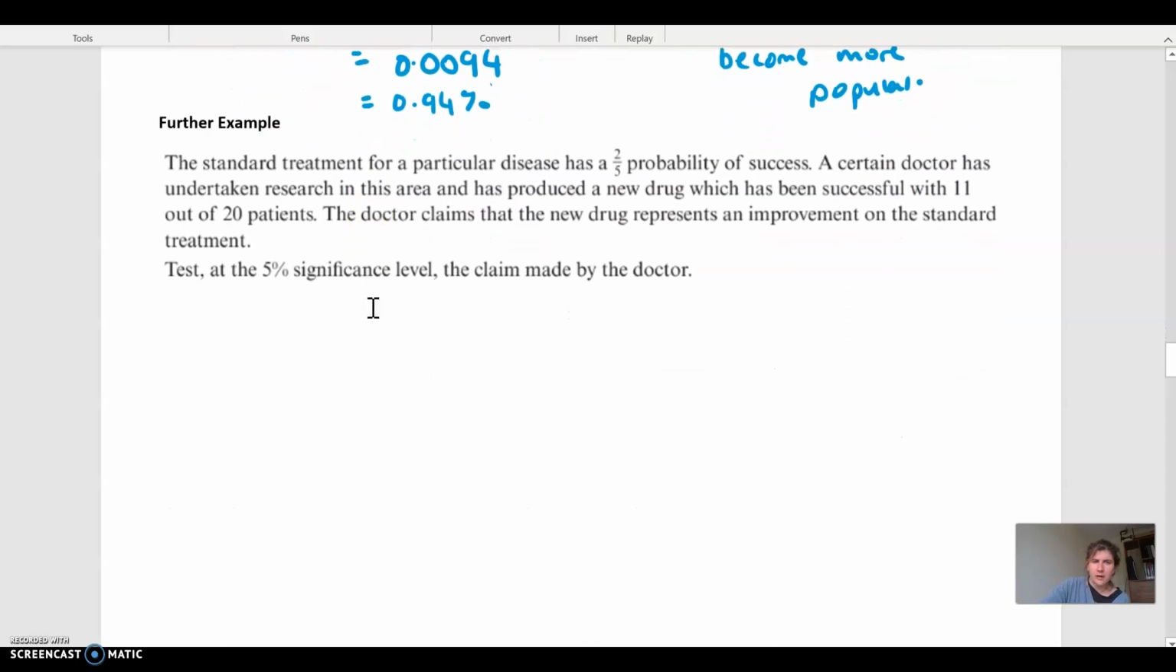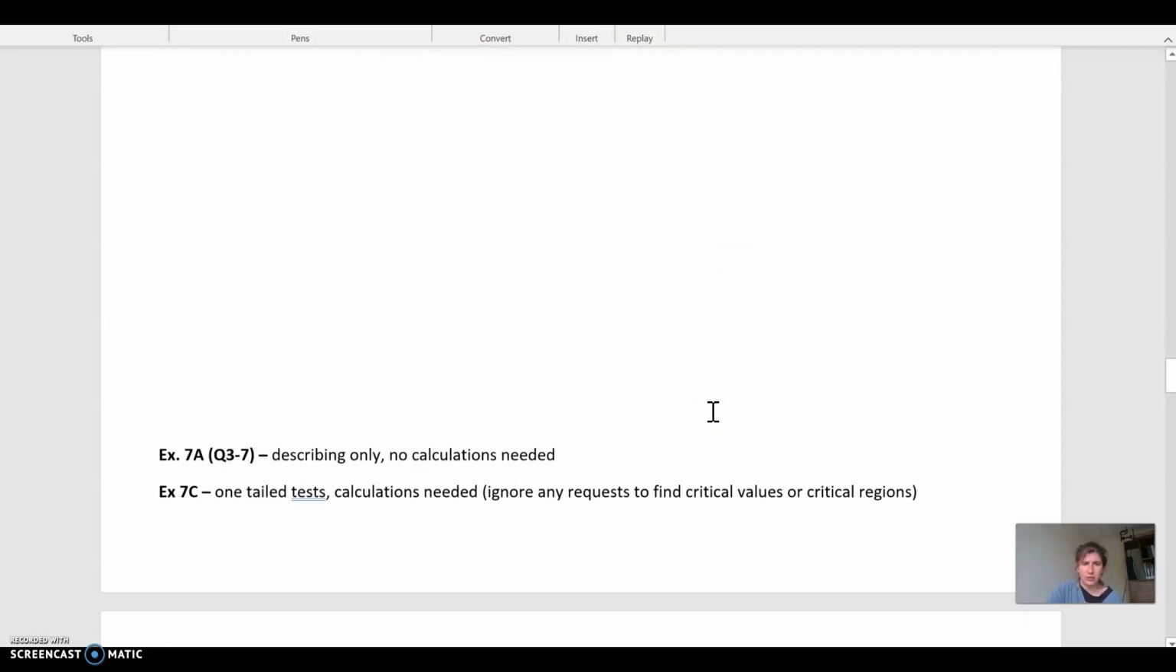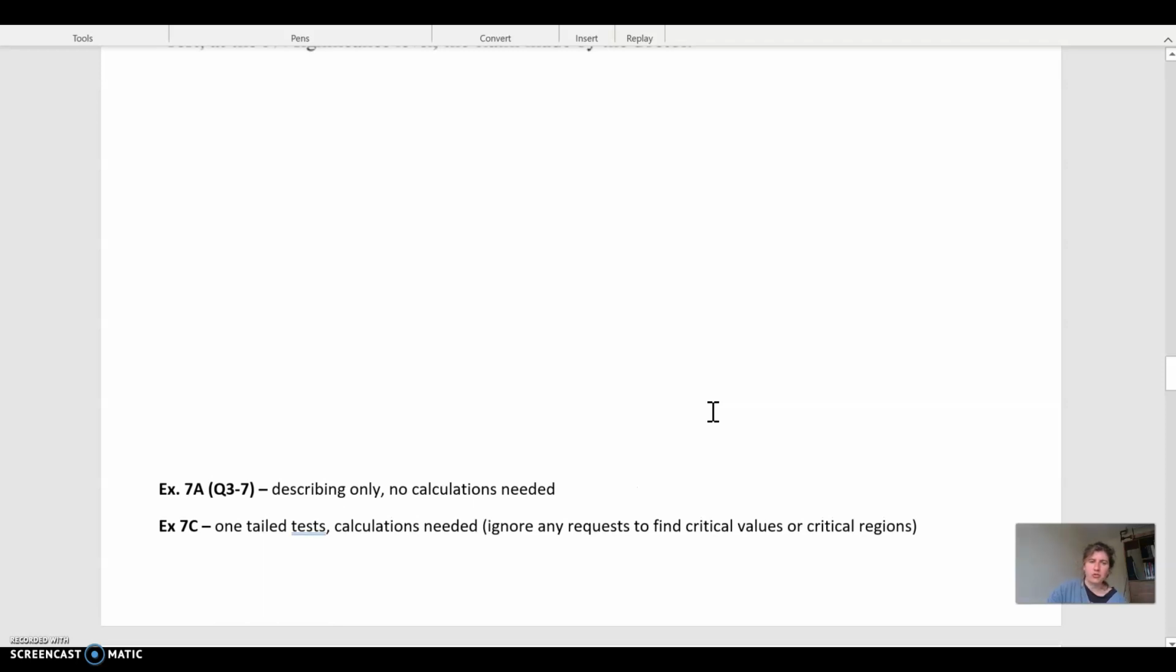All right, I'm running out of time a little bit to do this last further example. This is just the one from the textbook, so if you want to go through and have a look at it and copy it down, it's the example in your book, so that's fine. From here, I want you to do these ones here. So 7a and